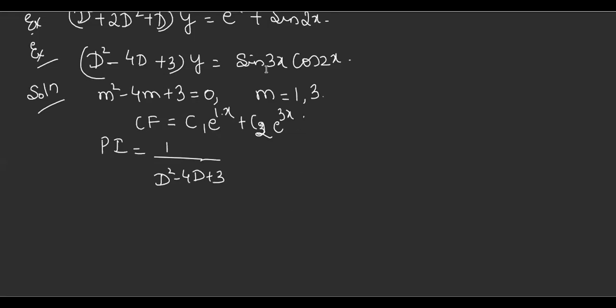Just check here on the RHS part, you don't have sine 3x plus cos 2x separately. If it was separate, we would have done it. Now, can you tell me how this can be simplified? Because we know only for sine, only for cos. We don't know for the multiplication together term. Tell me, what can we apply? What has to be applied? Think about it. What should be your intention? This product should be converted into either a sum or a difference.